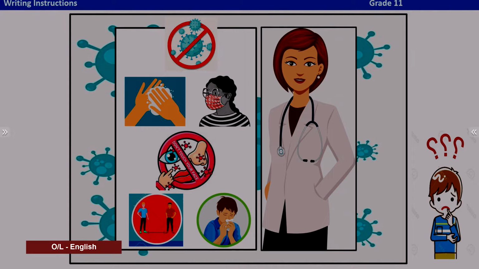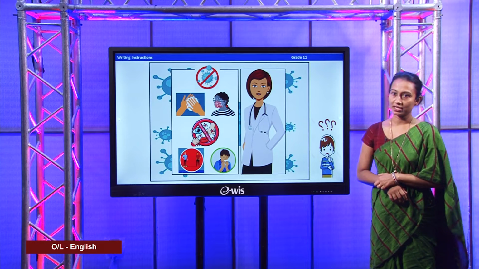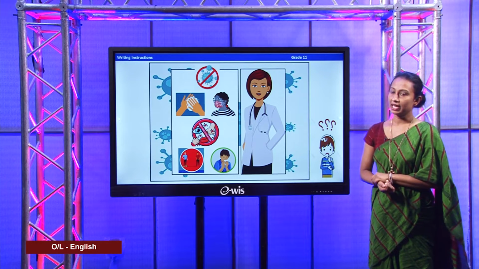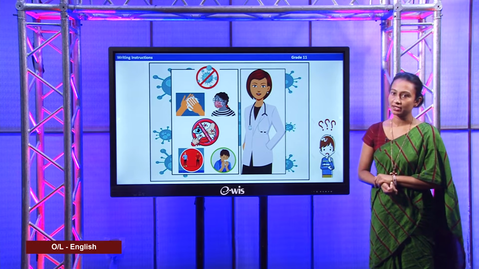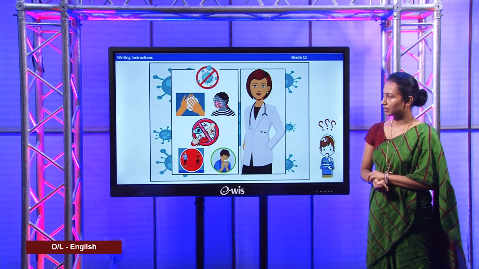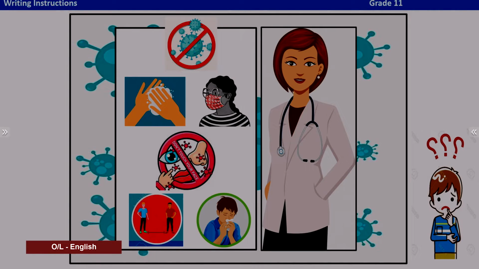Let's see the things in Pramod's poster. Here you can see some pictures related to the coronavirus. So what is the first picture? In this poster, using some pictures, he has given 5 instructions. So what is the first one? Here it is said to wash your hands properly. In the second picture